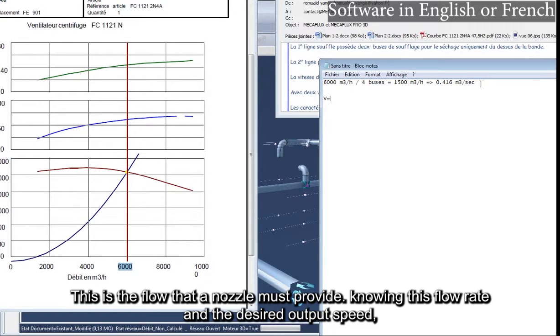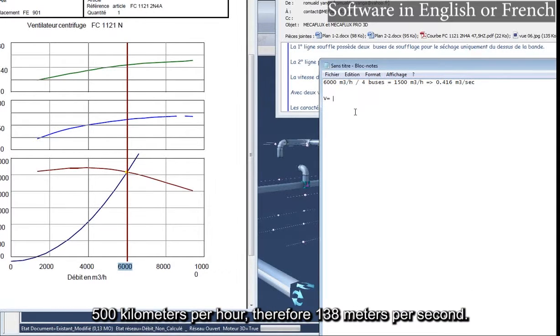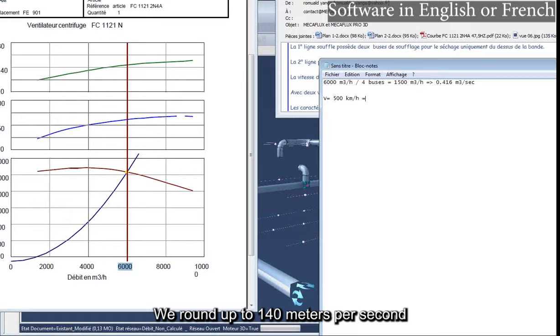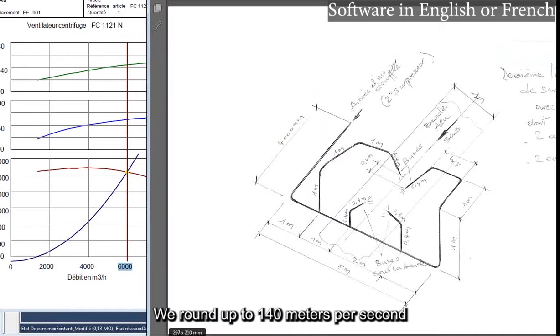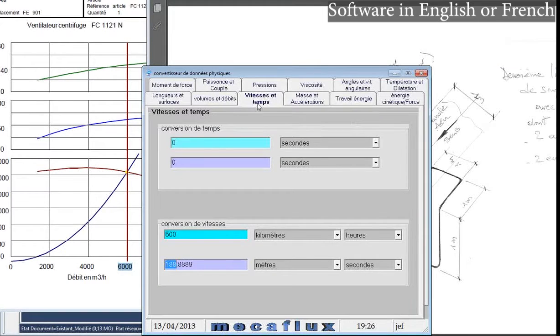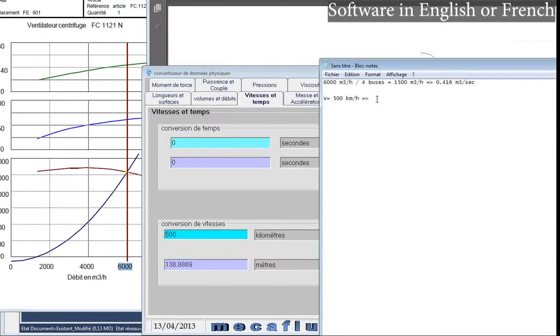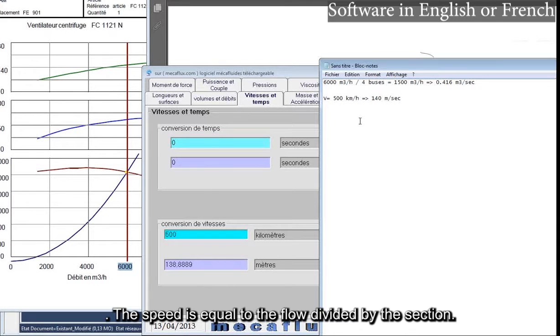Knowing this flow rate and the desired output speed, 500 kilometers per hour, therefore 138 meters per second, we round up to 140 meters per second. The speed is equal to the flow divided by the section.